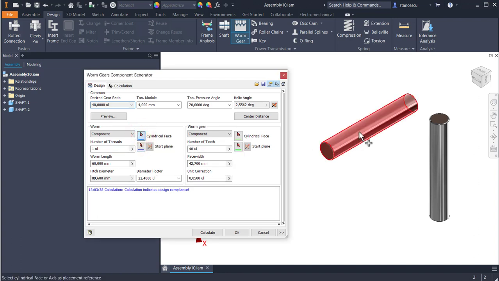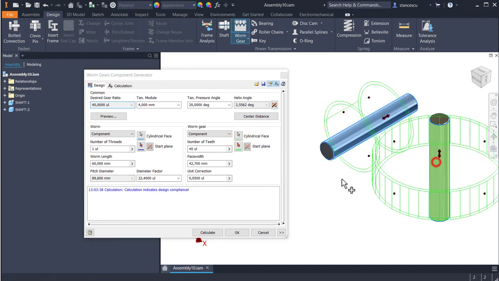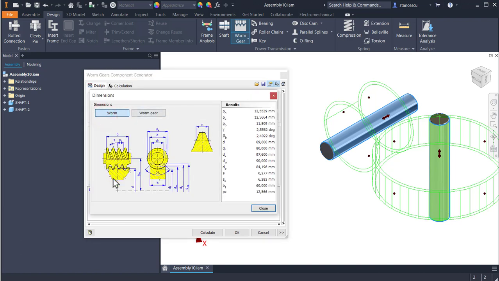Let's select the cylindrical face on both. Then we have a solution here. You see, you always have a preview, and you can adapt your data to the requested data by identifying these